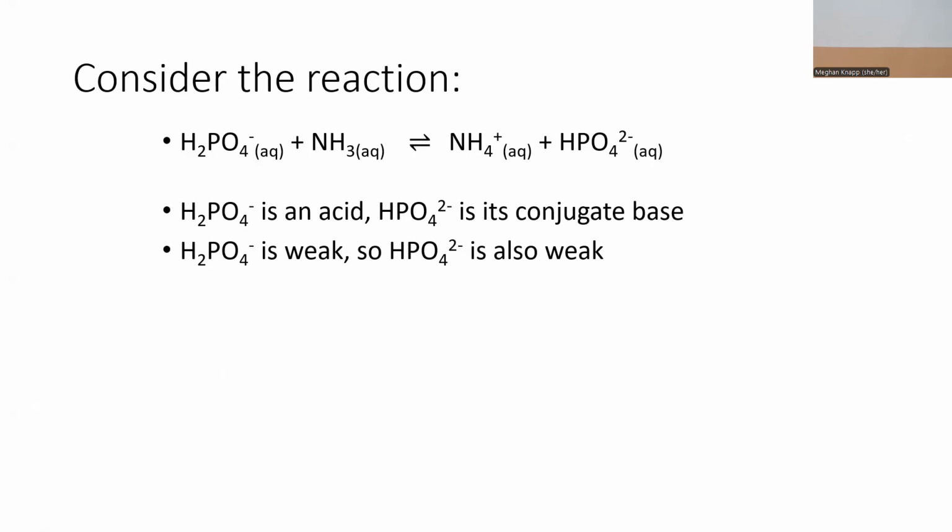Weak. All of our strong bases pretty much end in hydroxide. We said also oxides and sulfides. Sulfides are pretty rare examples, but if it's OH or just O, then we might have a strong base. So ammonia is weak and ammonium